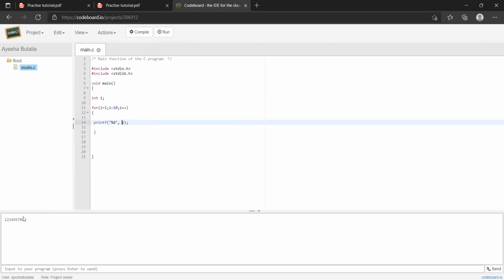Compilation successful. Now here it is all coming in the same line, so we can put a space over here. So this is clear. Any doubts? So this is how the for loop is run.